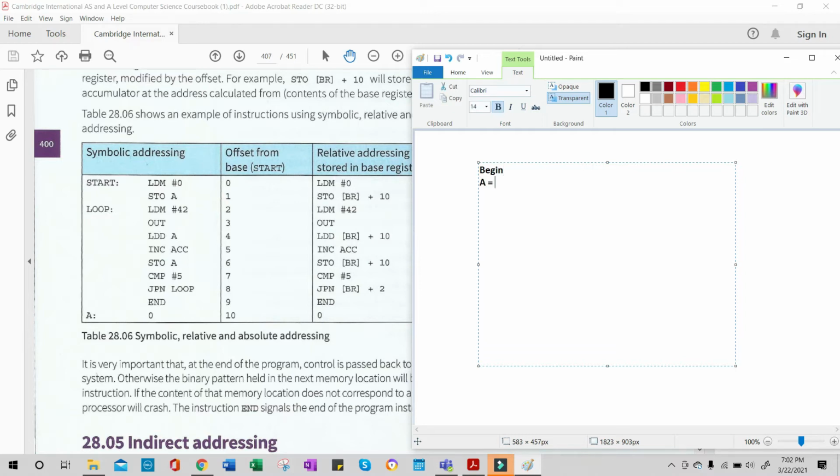A equals 0, and then we are printing out ASCII number 42. Now 42 is representing asterisk, so we are printing out asterisk, right? So print asterisk, and then we are incrementing A, load A, increment accumulator, store A. So A equals A plus 1,